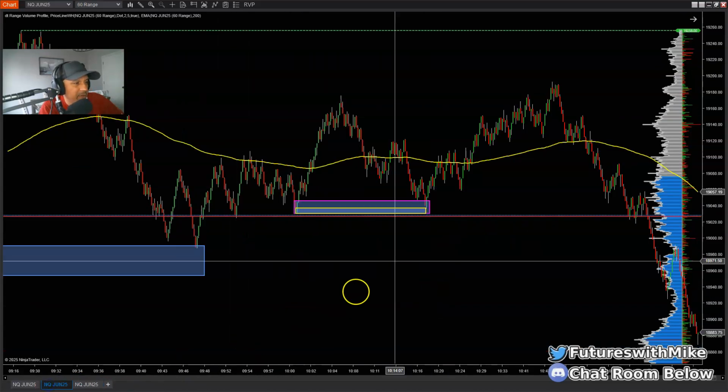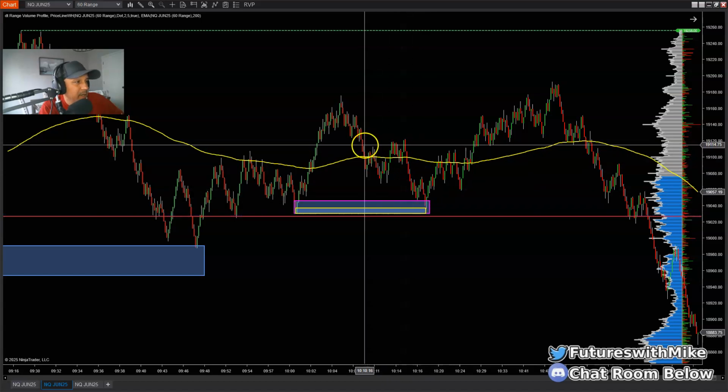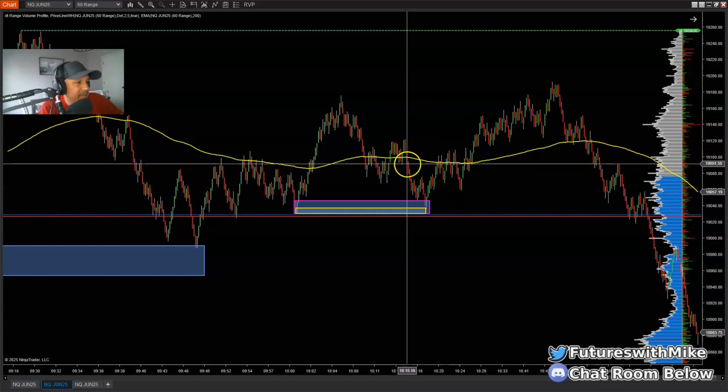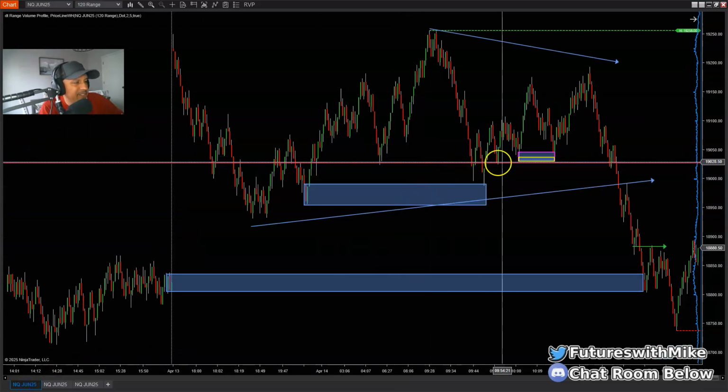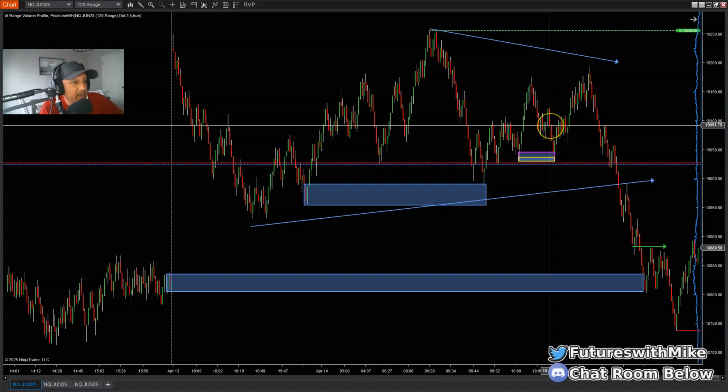We look here at the 60 range. Fill some gaps going back up. We have gaps here. It's already filled these gaps here. So more than likely, we fill these gaps coming back to the upside right here. If we move back to this 120, we can see definitely maybe back up here to around